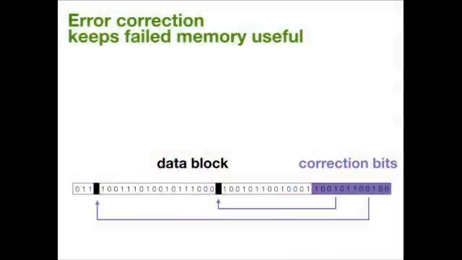This is in the abstract, but you append some amount of extra bits to each block in your memory to say, I can indicate the bits and I can correct the bits in the main part of the block that have failed. And what this usually means is that you have a finite amount of correction resources. You can't use the entire memory for correction, so at some point, each block exceeds its correction budget.